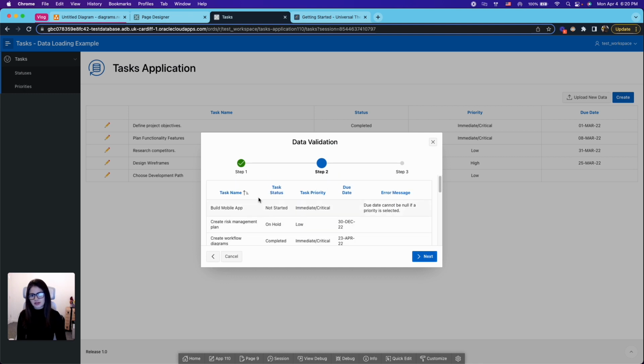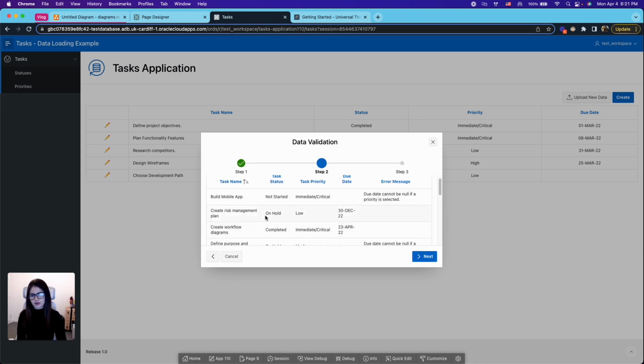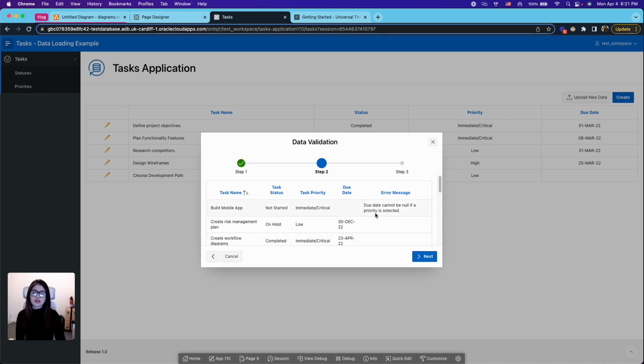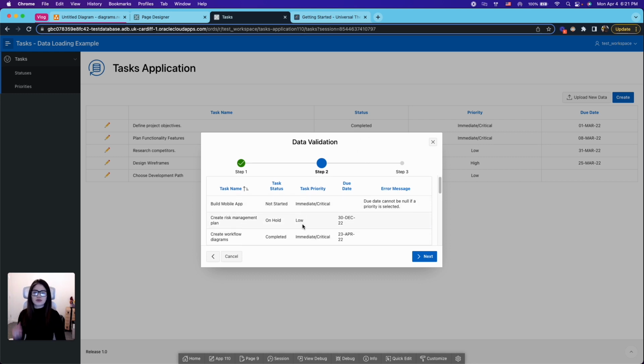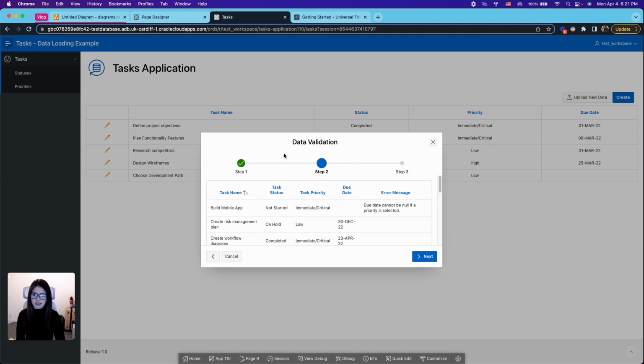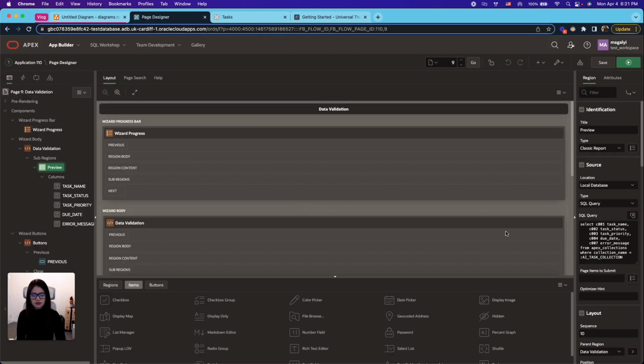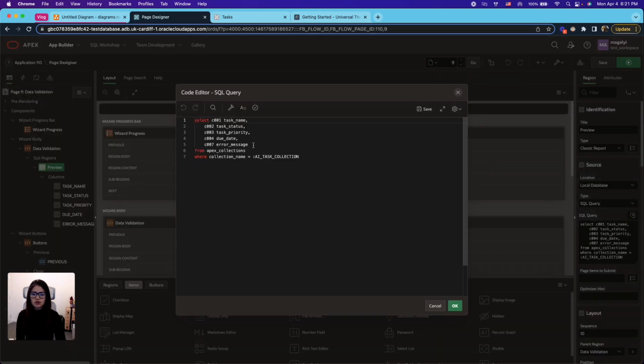Alright, and in here you can see the preview with the task name, the status, priority, due dates, and also the error messages for the rows that are not correct. Now, if we want to customize this a little bit more, we could add a row status, a check, or an X, depending on its status. So for that, let's quick edit the preview. And on the code, what we'll need is a case statement